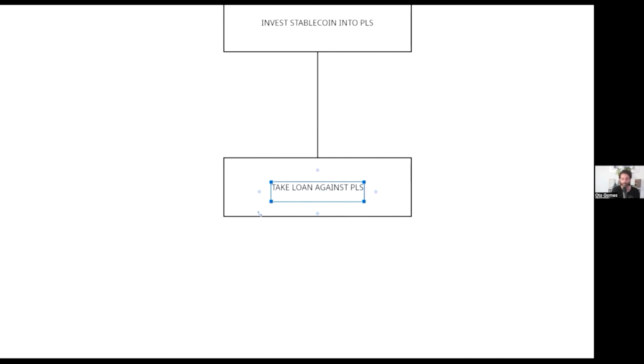This can go anywhere between 30 to 90% LTV. If you put in $110, you can take out $100. So it's almost 90% or even more sometimes. I wouldn't suggest that. That creates a very tight cushion for the price to fluctuate. You guys will learn all that there, but that is something you can do. Then you can take a loan against that and then take that stable coin and use that. So now you have two layers of loans where your reserve storage of value is Bitcoin.